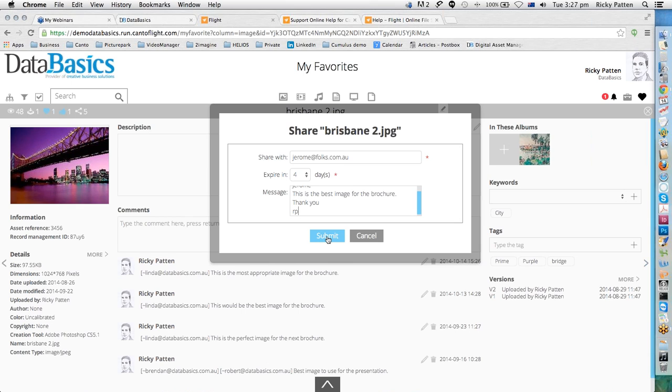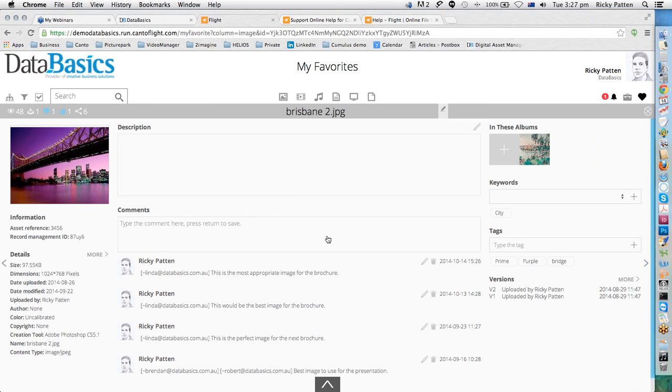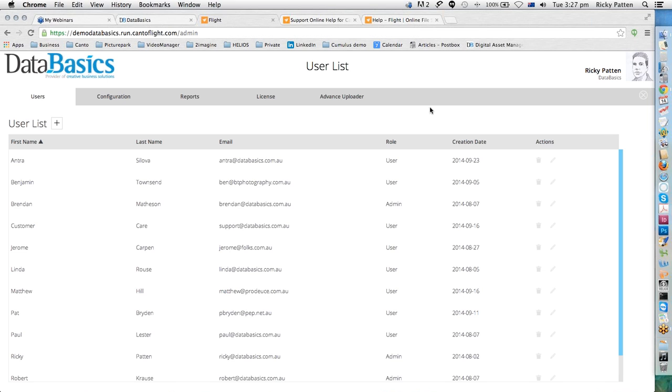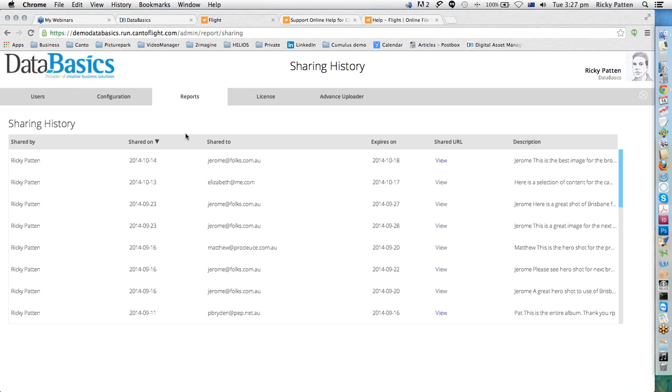Okay, and once I've finished that off and click on the submit button, an email will be sent directly out of Flight to Jerome telling him about this image. So let's just see what that email will look like for Jerome. I'm just jumping off here into the settings, because one of the features of the settings is that I can look at the share history. And when I go there, you'll see this is the share that we've done today. And when I look at this,